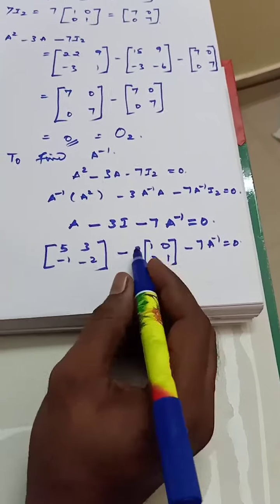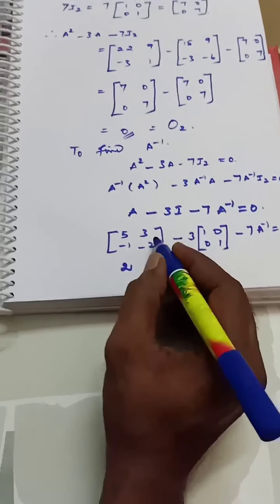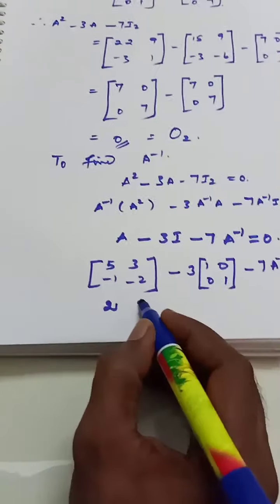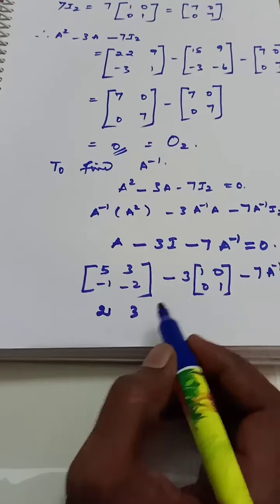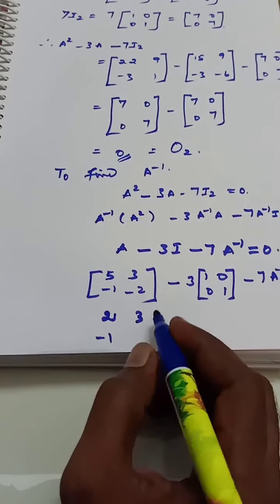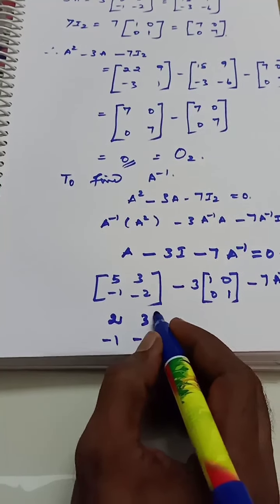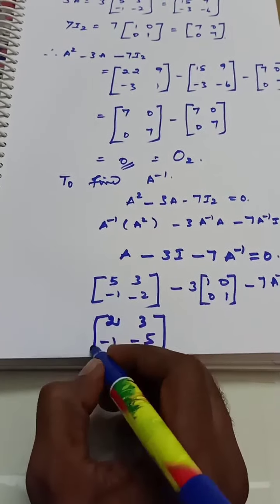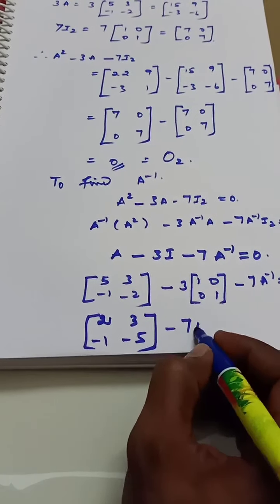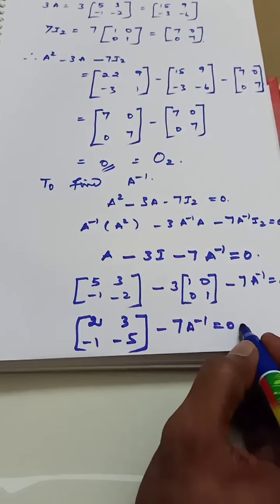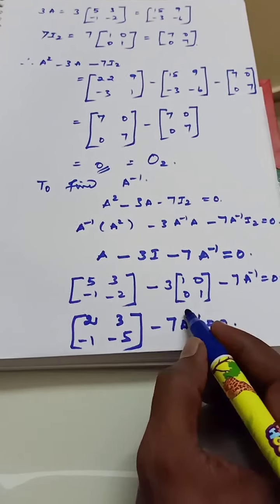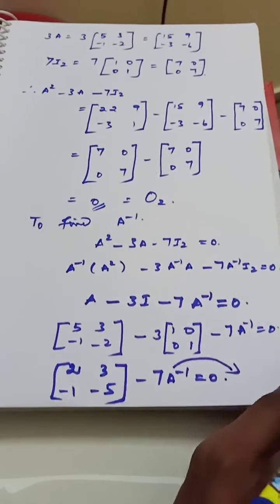It is 5 minus 3 is 2, 3 minus 0 is 3, minus 1 minus 0 is minus 1, minus 2 minus 3 is minus 5, minus of 7 times A inverse is equal to 0. We need A inverse, so we will take this to the right side. It becomes